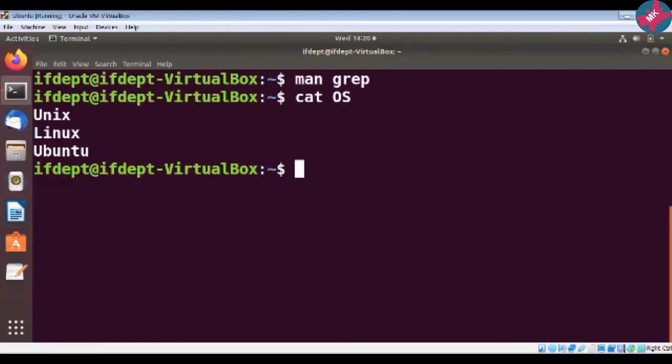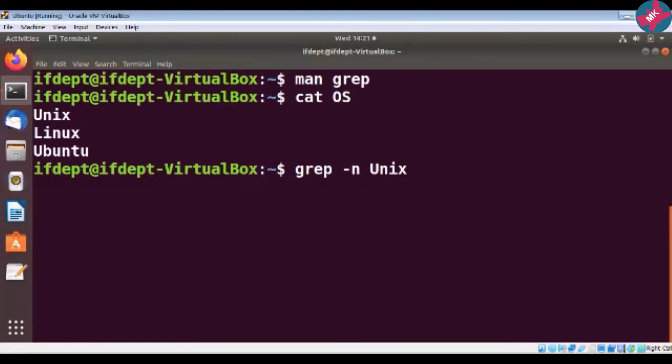Now by using the grep command, suppose I am interested in finding on which particular line the Unix keyword is present. How can I do that? grep, then I will be using the minus n option. Why minus n? So that it will tell me on which line I will find Unix. This is my pattern, this is what I want to search.